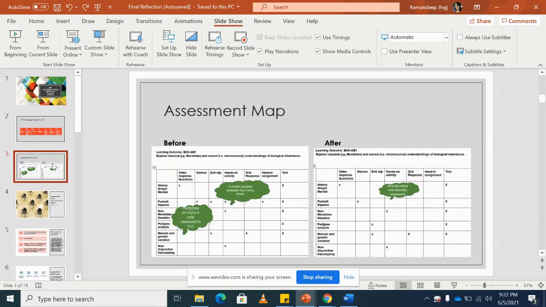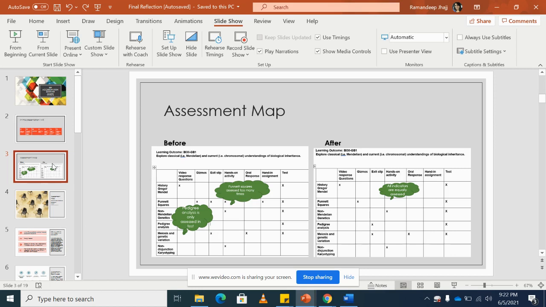So, this is what my assessment looks like. Before attending the seminar, my assessment is on the left side. The outcome that I am covering in this assessment map is explore classical Mendelian and current chromosomal understanding of biological inheritance. GB1 is the outcome name. So as you can see,